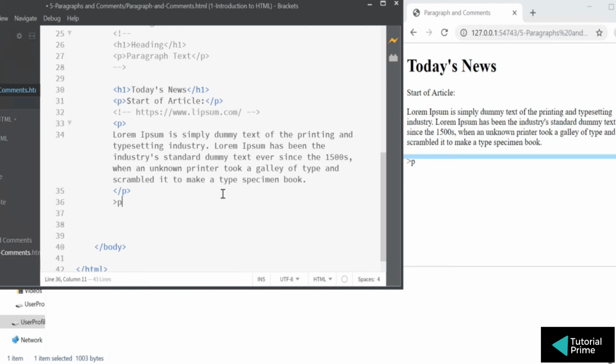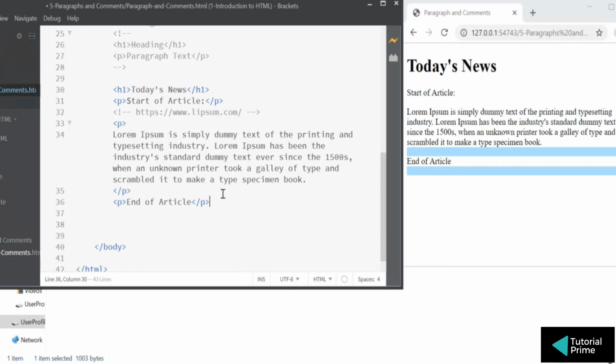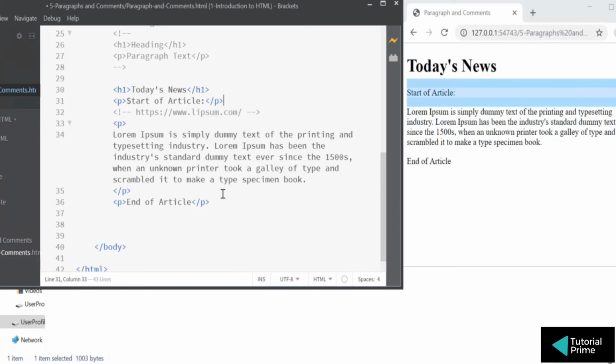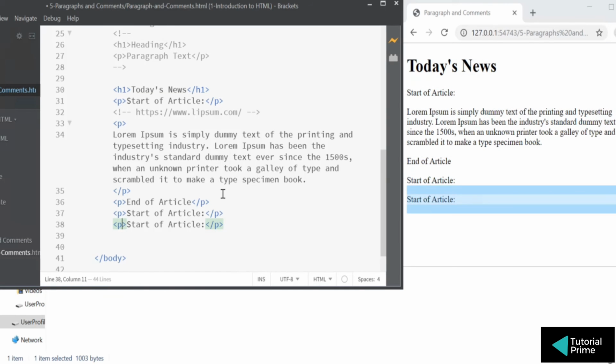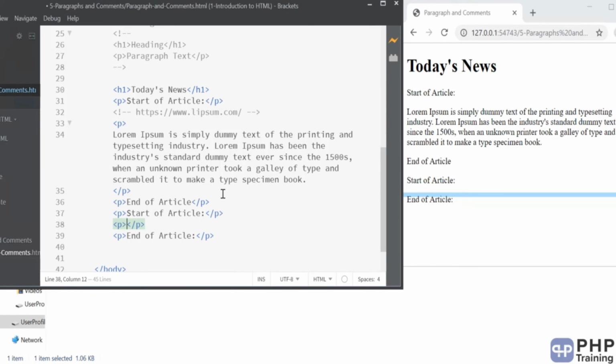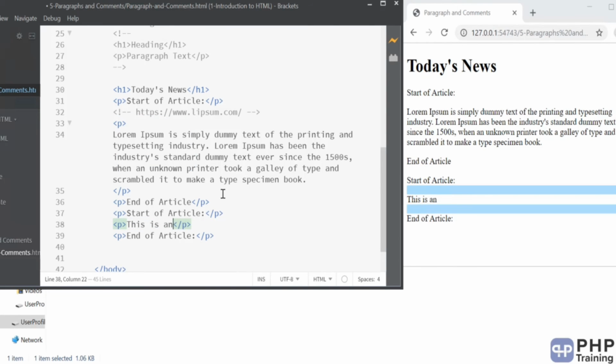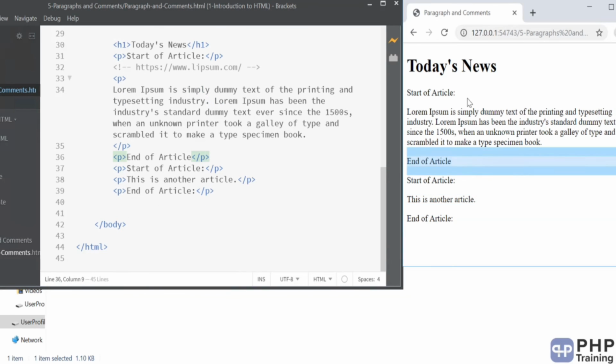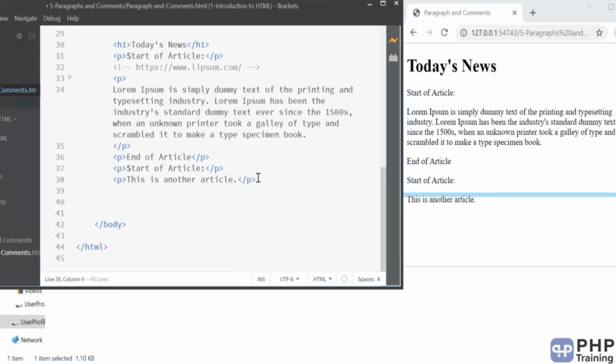Now I want to end my article, so I'm going to add one more paragraph to it. I'll say end of article. Okay, I can even say start of another article and end of another article. If you observe properly, every paragraph is on a new line here, even though the paragraphs are not written on a new line in the code.